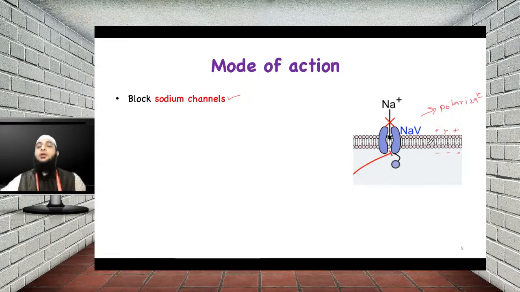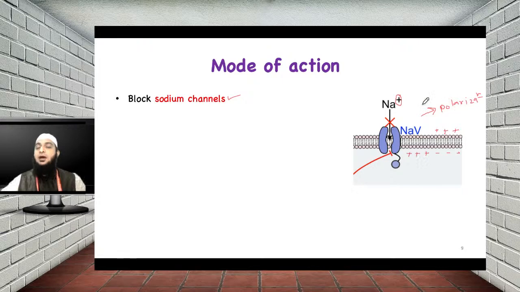In order to generate an action potential, there must be entry of sodium from outside to the inside, or there must be a change in these charges. When sodium enters inside the membrane, what happens? Sodium has a positive charge, so slowly this negative charge becomes positive, because sodium is a monovalent cation. When there is influx of sodium inside the membrane, the inside has a positive charge, and